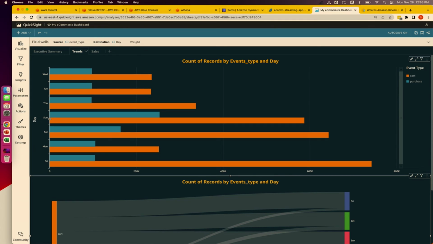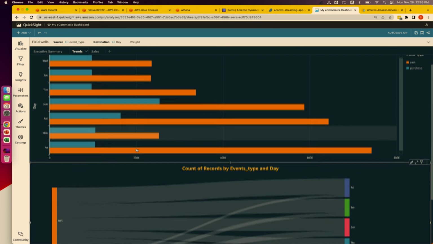If you see this, on Sunday, people are adding a lot of products into the cart, but they do not end up buying, right? So this happens a lot. At least in my case, it happens a lot when my wife adds products on Saturday and I delete them on Sunday morning. So this is quite natural, right? If you connect back, it actually happens in our day-to-day life.